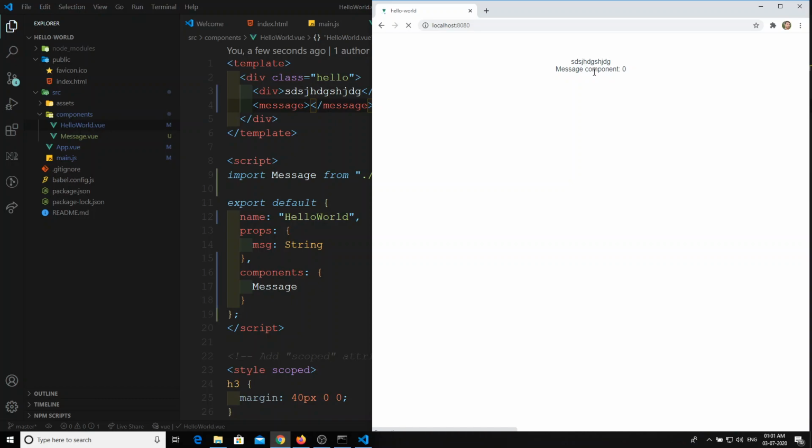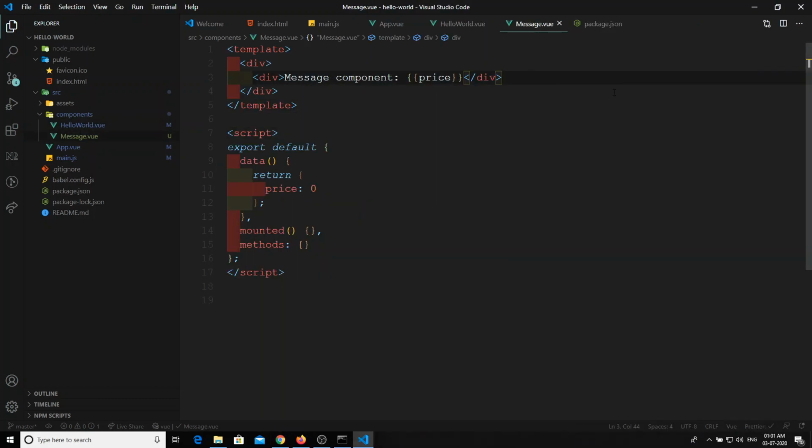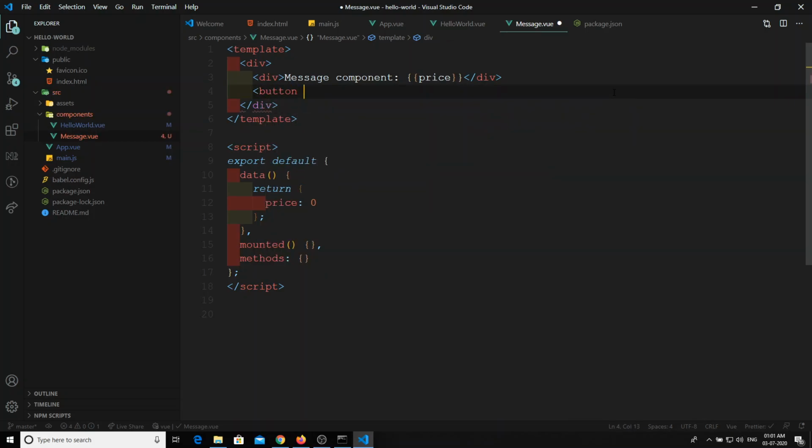See, you got the message component 0, and now you can add a button, increment. On click, we will do price plus plus, or price plus equal to 1, whatever you want. If you have one-word logic and other things, you can mention it directly here.